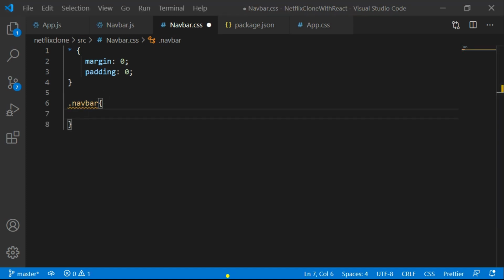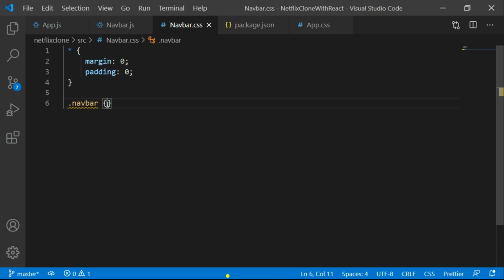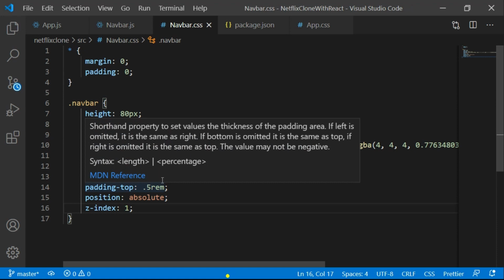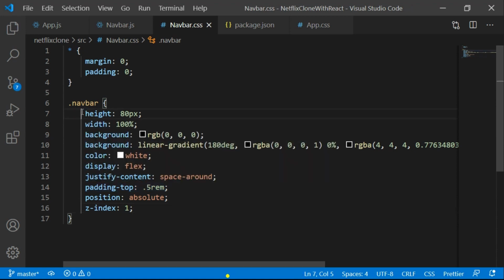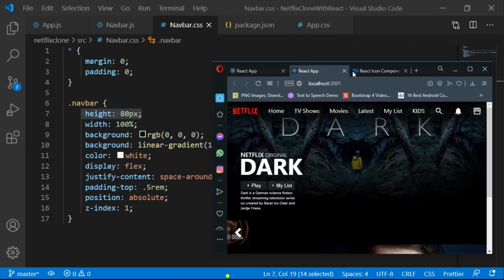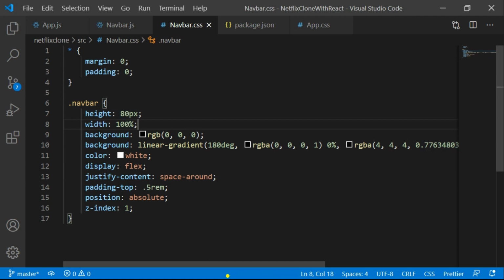So add a neighbor tag, and inside this neighbor tag, again I have turned on the autosave. So this is height 80 pixels, width 100%. I did 80 pixels, but I will open my browser window and then I will demonstrate that to you so it will be easier for you to understand. So this is height as 80 pixel.